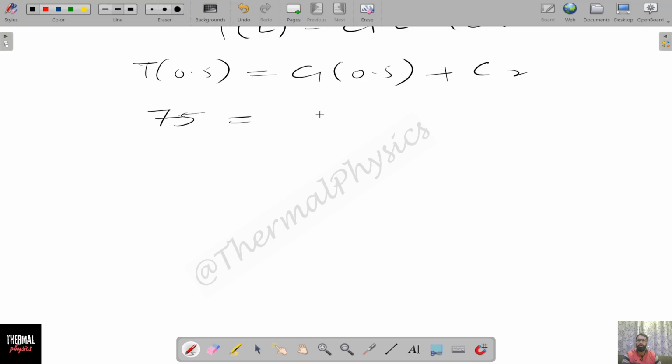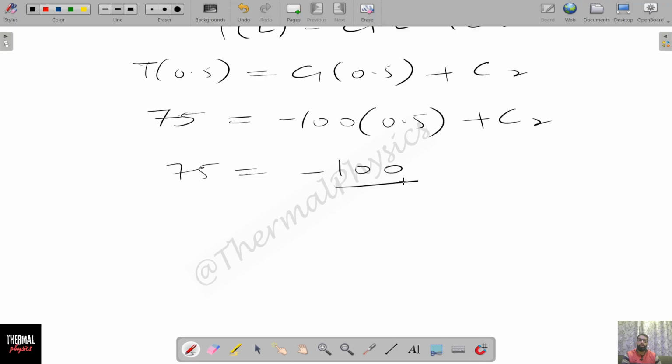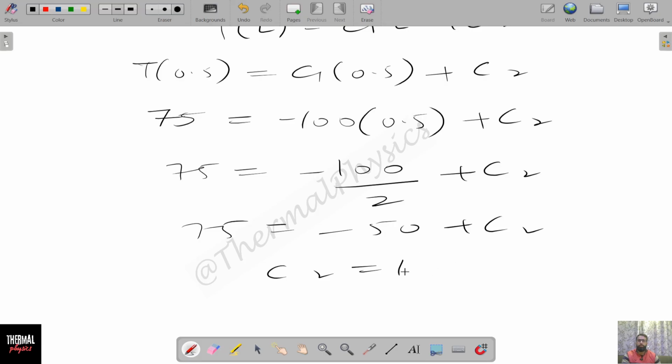So this is 75, which we have got, T of L. C1 was minus 100, this is 0.5. We will get C2. So we get 75 is equal to minus 100 divided by 2 plus C2. So 75 equals minus 50 plus C2. So we get C2 equals 75 plus 50, which will be 125